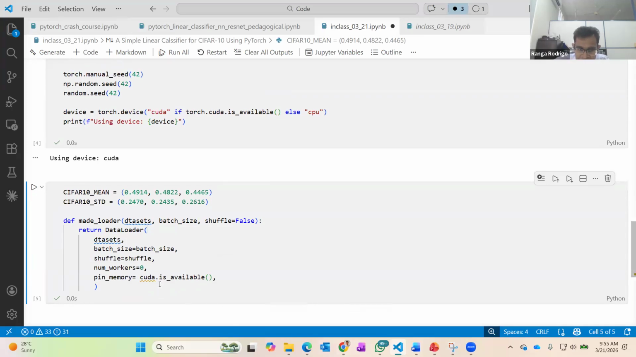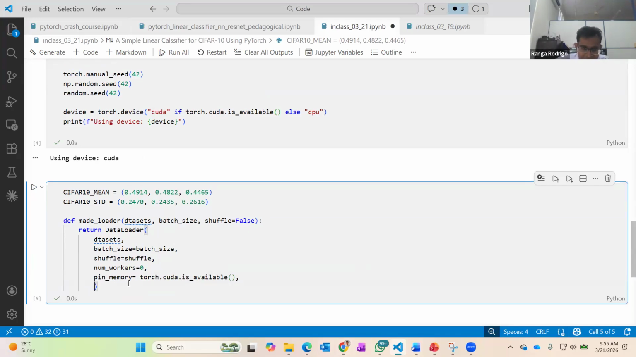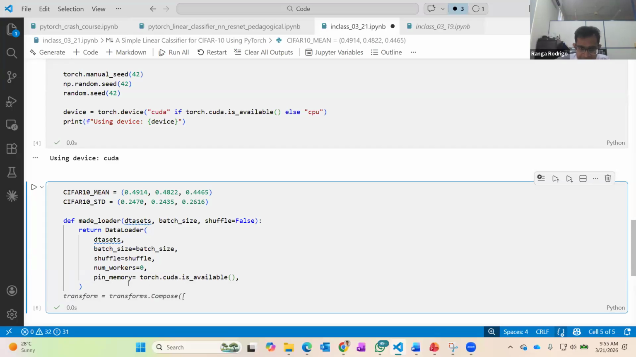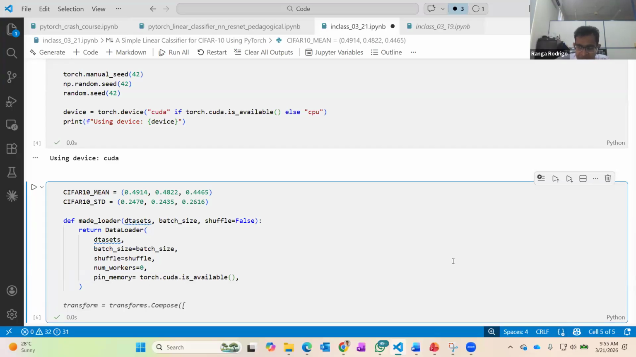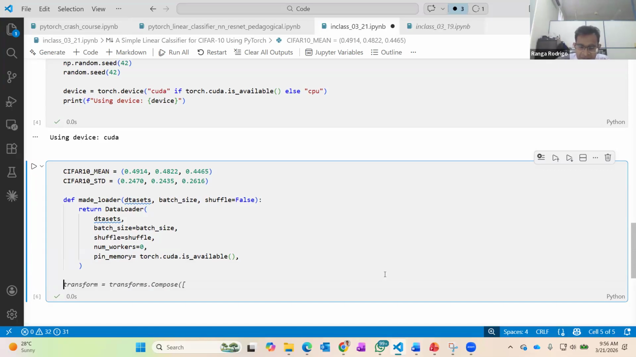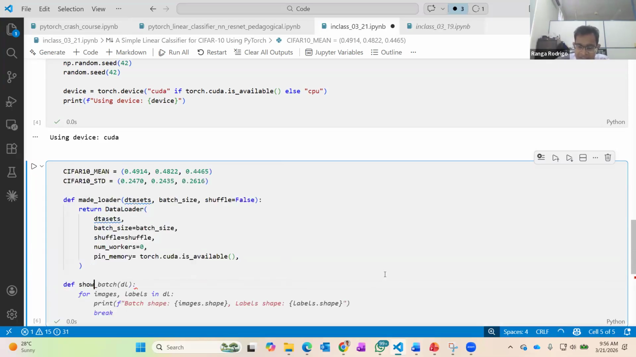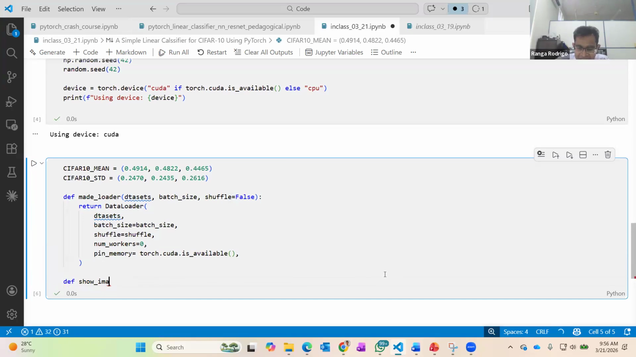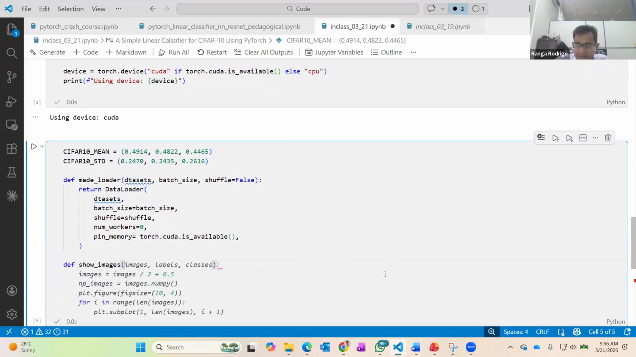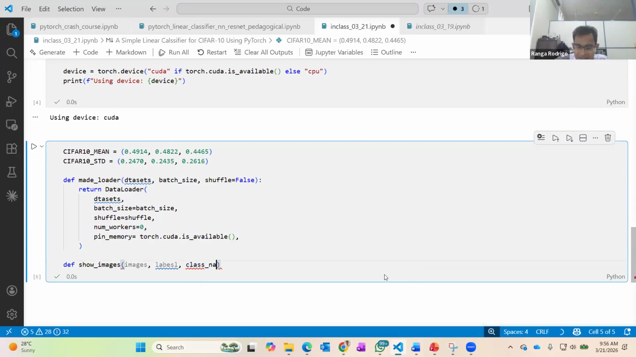So, a torch here. That's the data loading function. Then we need a function to just show some images from this dataset. That function I'm writing now: images, labels, class names,